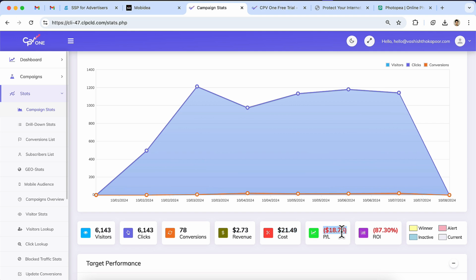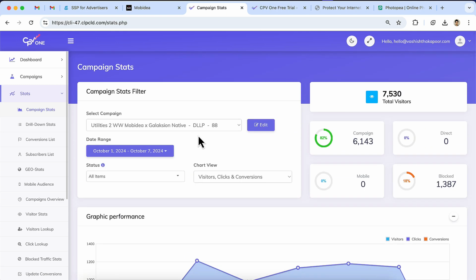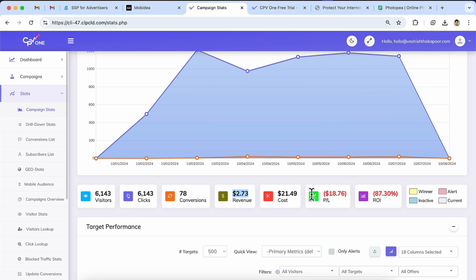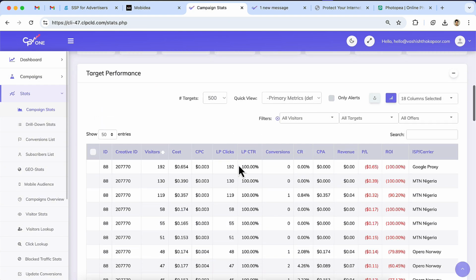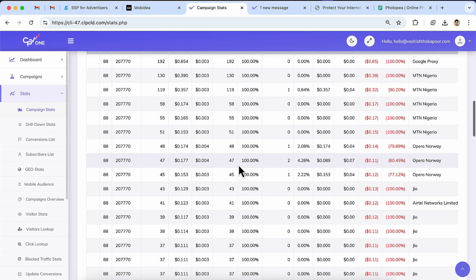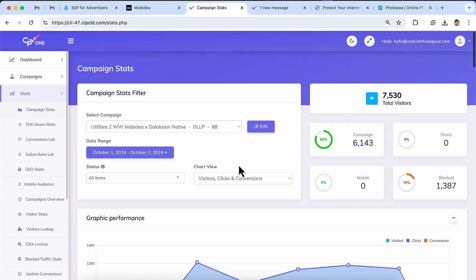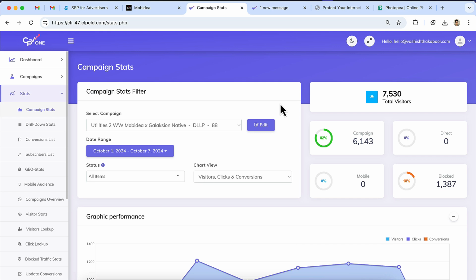So basically this tracks everything like profit, loss, ROI, and everything that you need about your campaigns. So this is the campaign stats, very quick stats about the campaign. You will get all these columns about each click. So this is a very good feature about